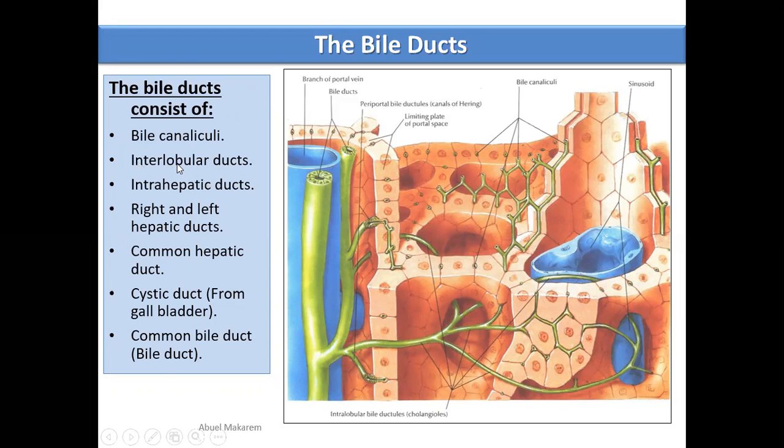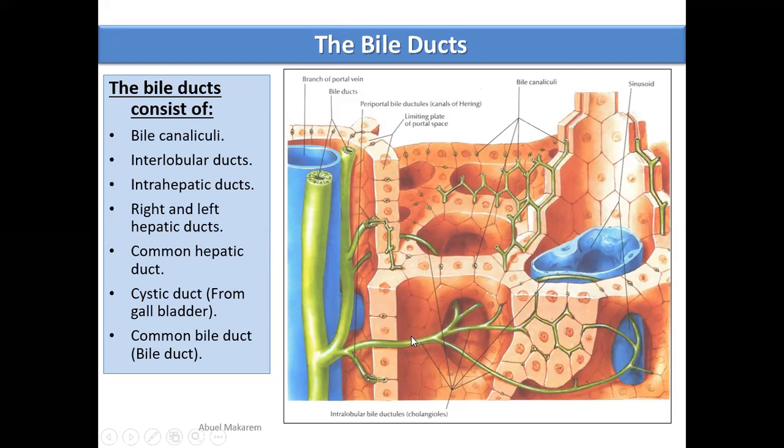Okay, then these will join together to form the interlobular ducts. Initially there will be smaller interlobular ducts. Then there will be intrahepatic ducts, so there will be intralobular ducts, and then we'll have the intrahepatic ducts between the hepatic cells. Then we have the right and left hepatic ducts. So all these intrahepatic ducts and interlobular ducts